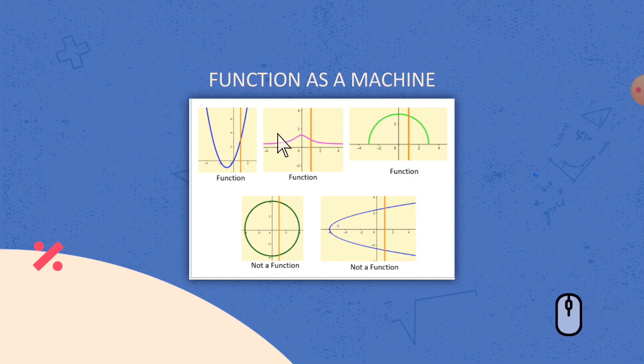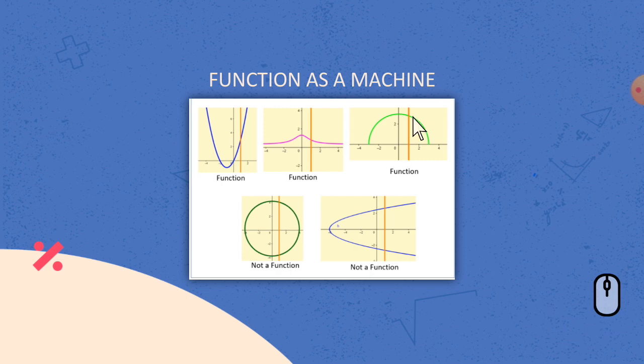So pansinin natin yung ating number 1 graph, which is a parabolic graph. So tinawag ito na function. So the answer here is function since kung mapapansin natin pag drawing natin yung ating vertical line, nag-intersect sa isang point. Next is a function also. So nag-intersect sa ating 1 point dito. Next is a function also. Kasi nag-intersect sa ating